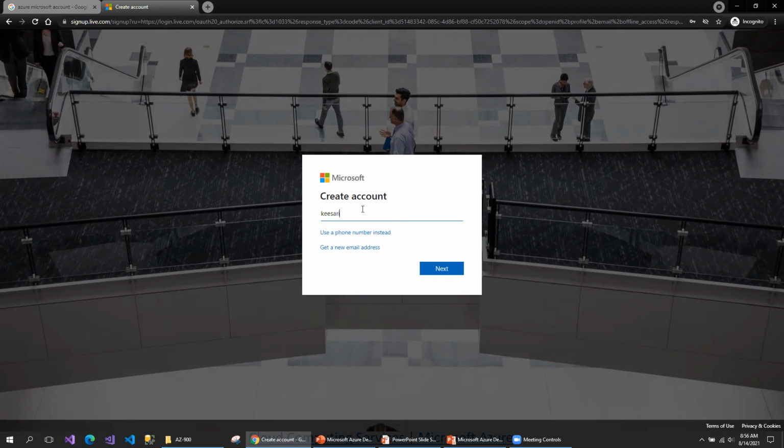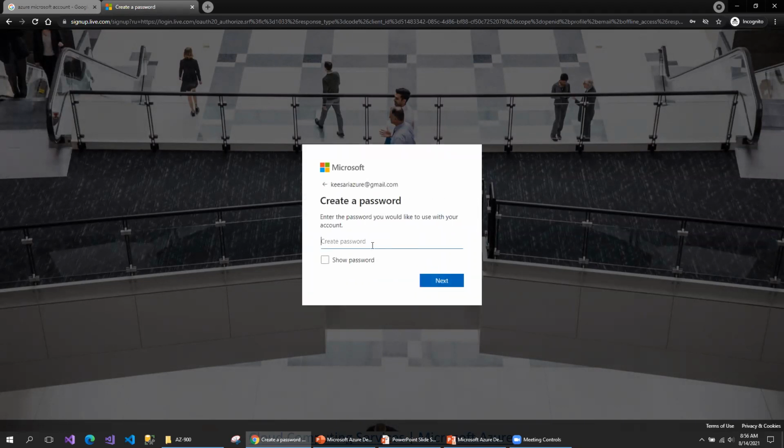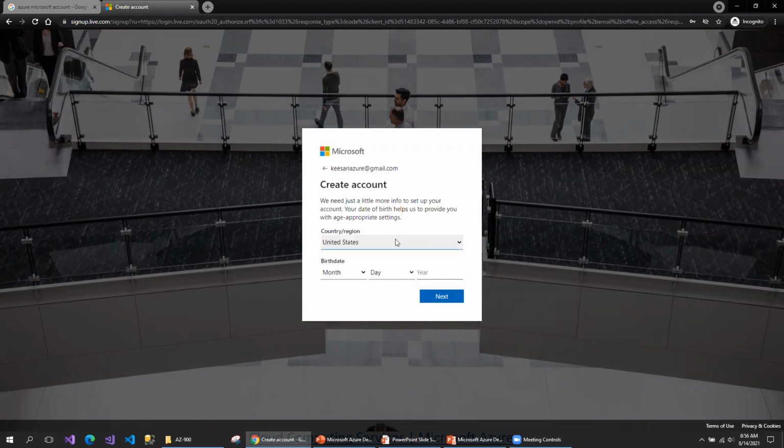I already have an existing Gmail ID, Azure Kesari Azure at gmail.com. So I have to enter the password, and I have to select the country.